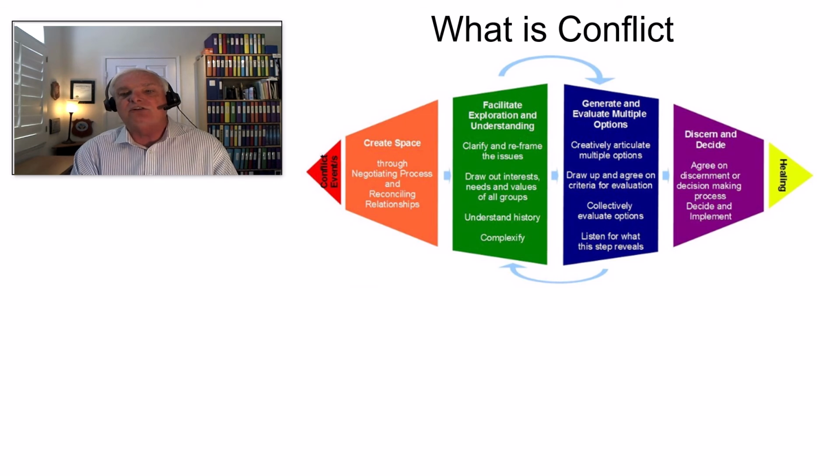Now we're going to move over to the blue, the dark blue side, and you're going to see that we need to generate a series of options, multiple options. What is it we could do to resolve this conflict? What are the pieces to it? What is it that's available to us that would work for not only me, but for you? Lay that out. We need to listen to what other people are talking about. And this is one of the key areas that a lot of people miss, is that we need to listen very clearly. People tend to tell you exactly what it is, but we tend not to hear it sometimes. So you need to clearly evaluate or collectively evaluate all of the options also.